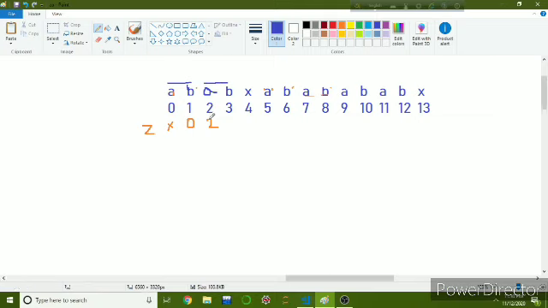The length is 2, so z value at index 2 is 2. Now the z value at index 5, from index 5 up to index 8, this is matching with index 0 up to index 3. This is the maximum match, so the z value at index 5 is 4.